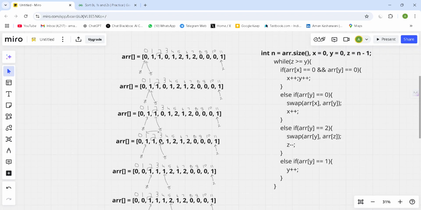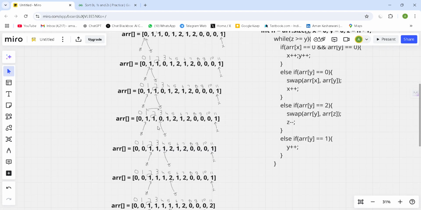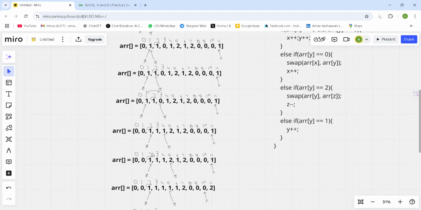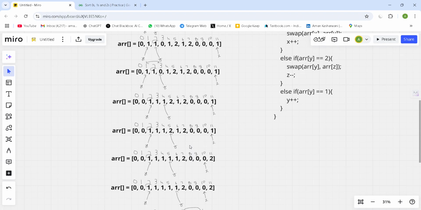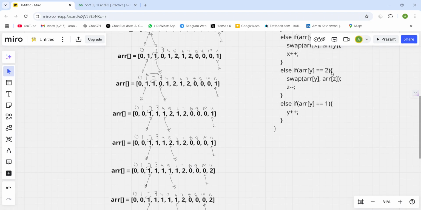if array of y is 0, simply you have to swap it with x and move x one step forward. So 0 is here and 1 is here, and x moves one step forward. Okay, and again array of y is 1, so simply you have to move one step forward by this condition. Okay, and when array of y is 2, simply you